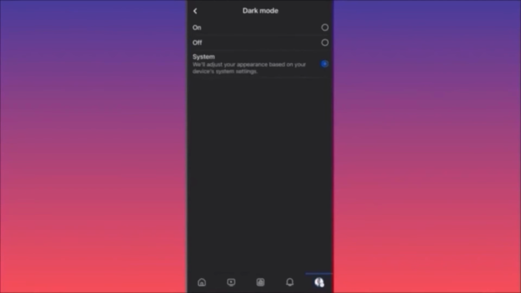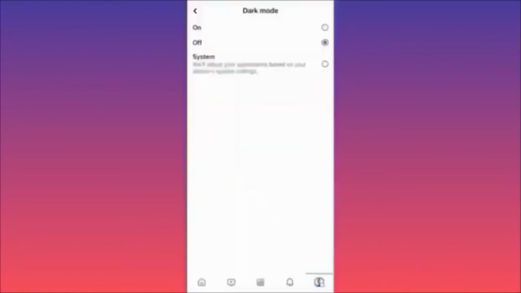So this is what I'm advising you guys, and vice versa. If you have a bright version on your device, bright theme, right, over here, you probably want to make sure that each and every theme on the apps that you're using is matching the